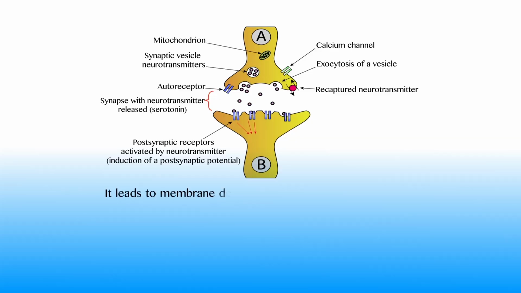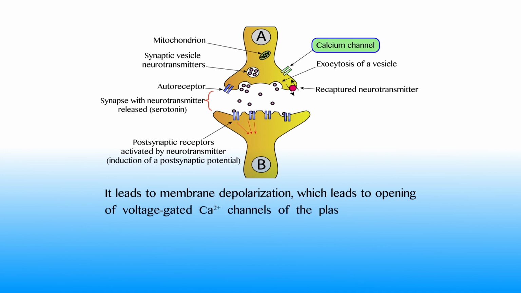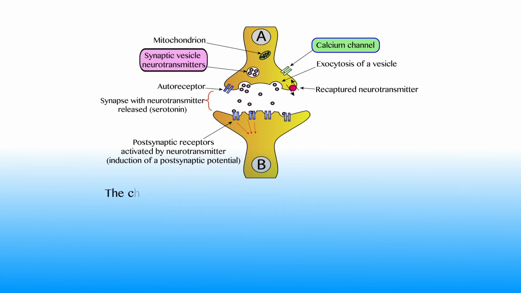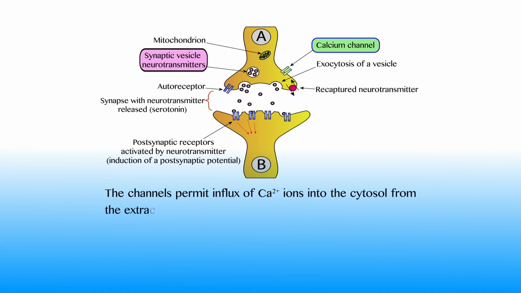It leads to membrane depolarization, which leads to opening of voltage-gated calcium ion channels of the plasma membrane adjacent to the synaptic vesicles. The channels permit influx of calcium ions into the cytosol from the extracellular medium,